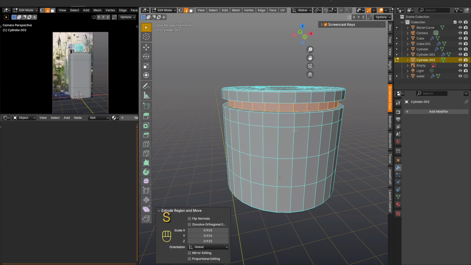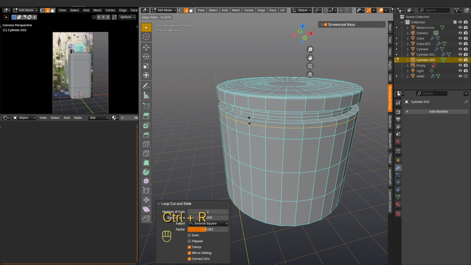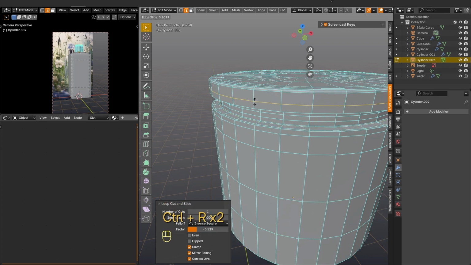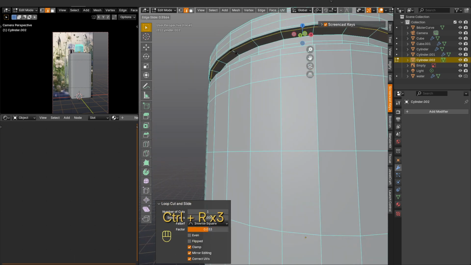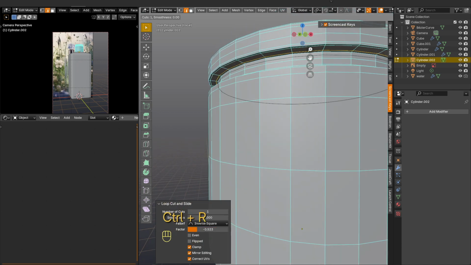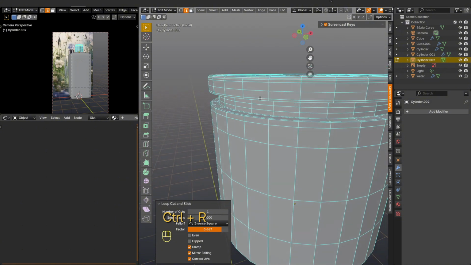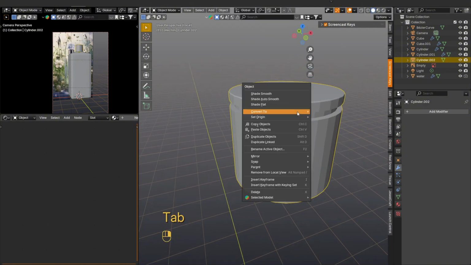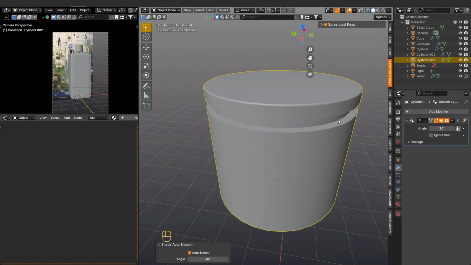Then press the E S key combination and press face and inside. After which we need to add edge loops to strengthen the topology. After we have made sure that the number of edge loops is sufficient and they are in their places, then we apply shade smooth and subdivision surface to our object.